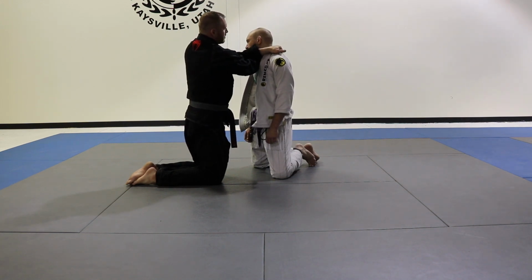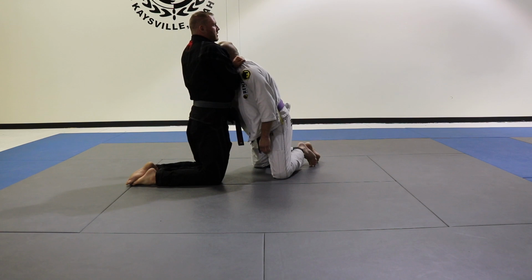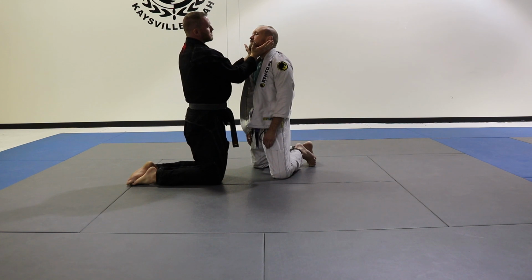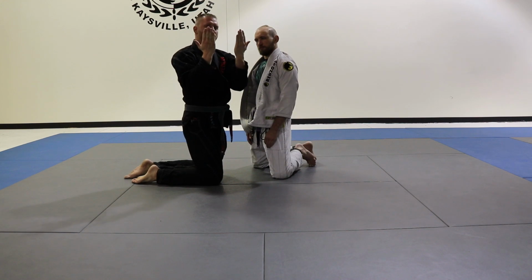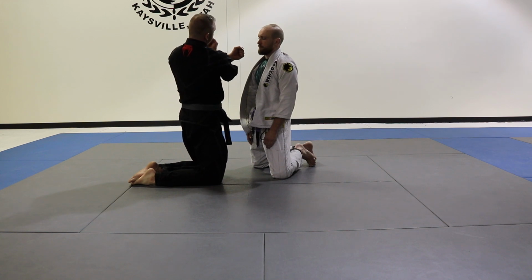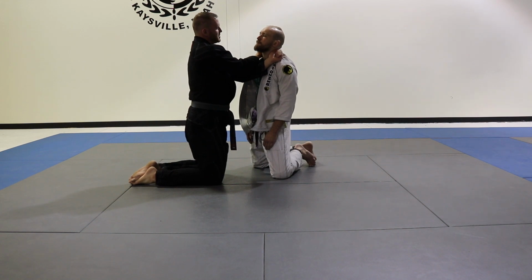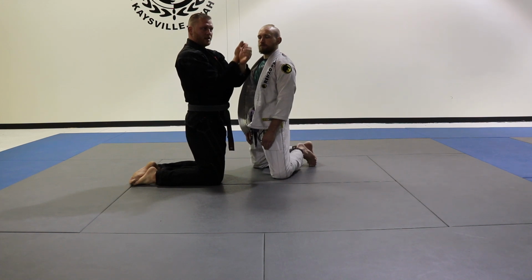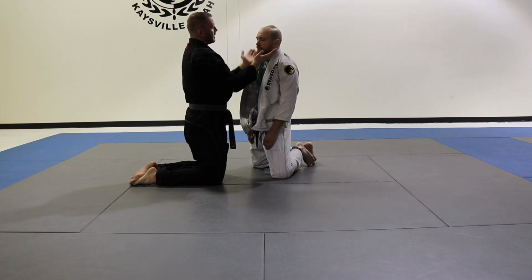From here, again, the important thing is pulling the head into the chest and pulling with the elbows. Okay? And making sure that both of my forearms have created kind of this V on those arteries. If my forearms are pinching on the side of the neck like this, and I haven't got a good V here, and my elbows are too close together, I'll be very much on the side of his neck. And so that's when we kind of have to just open the gi a little, open the grip like this to let the hand slide down the gi a little bit to where I've got the nice V just right